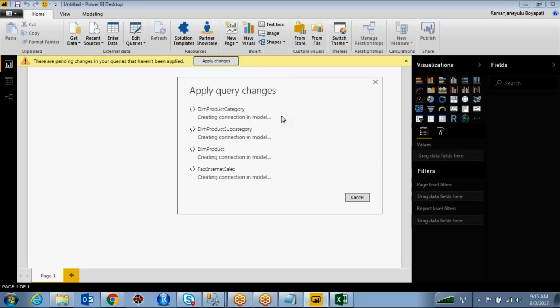This is the very first step: we are connecting to our data source and importing whatever data we expect. It completely imports the metadata of the tables as well as the data inside your tables. Here there are almost 60,000 records.